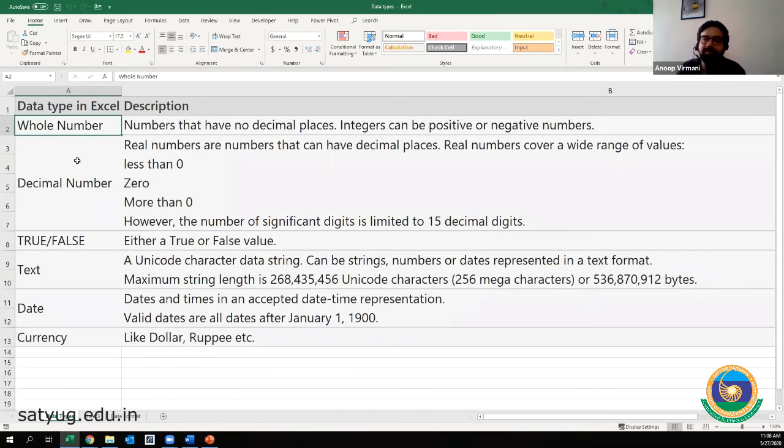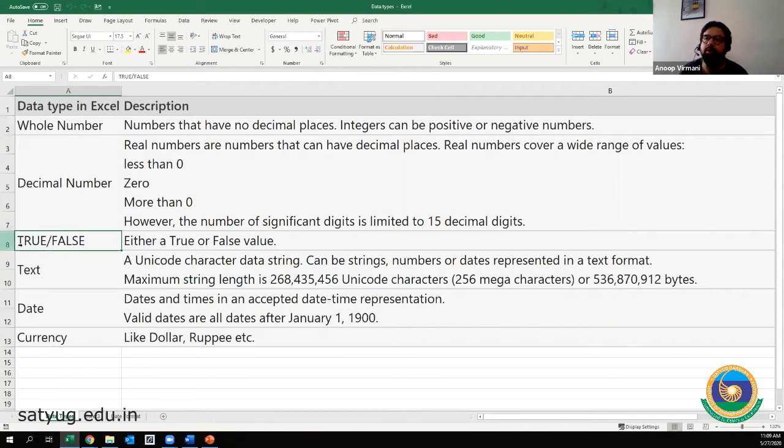But it is very necessary for you guys to understand how Excel is treating whatever you are writing in a cell, right? So one data type is a whole number. A whole number is something which doesn't have a decimal, right? Then we have decimal numbers, which is either less than 0 or more than 0.